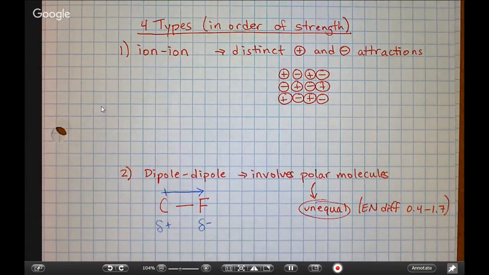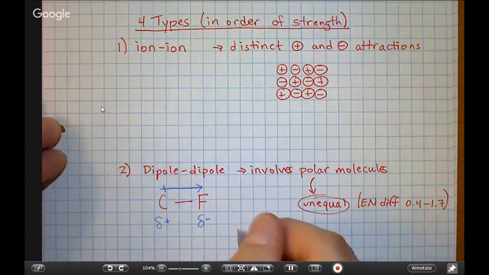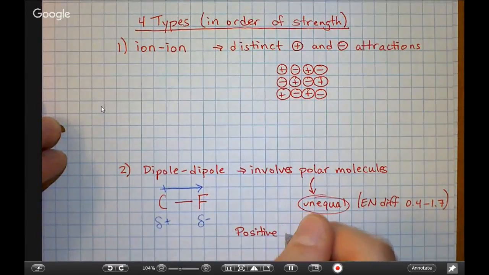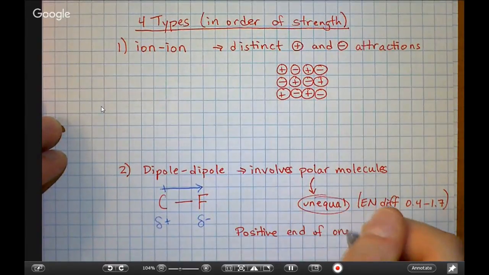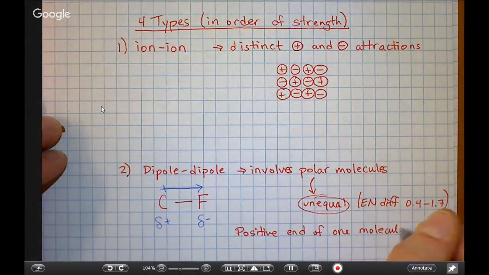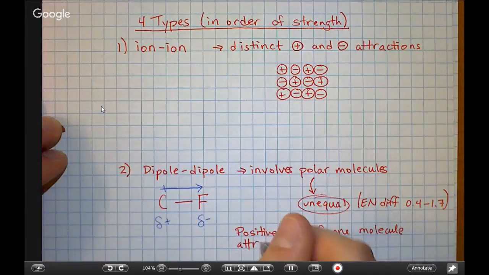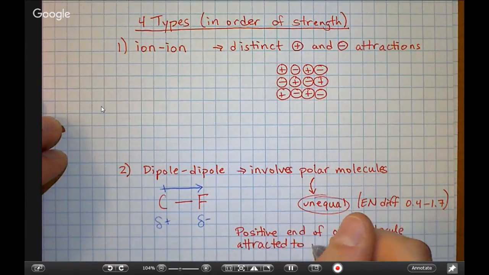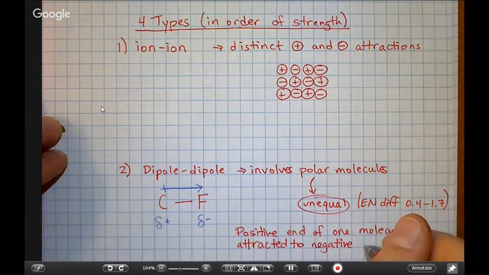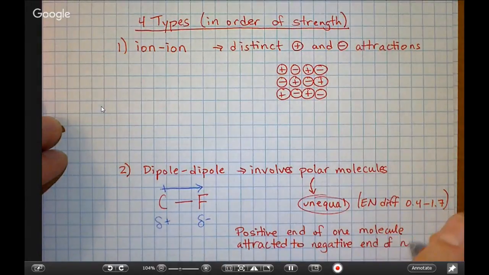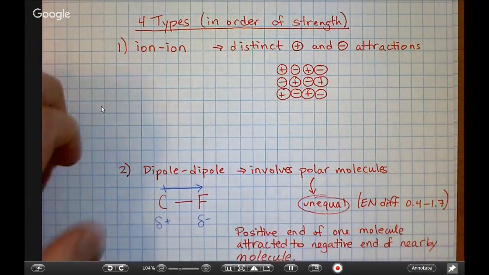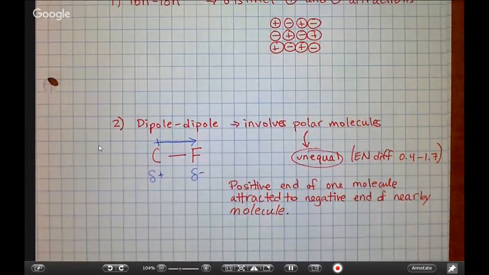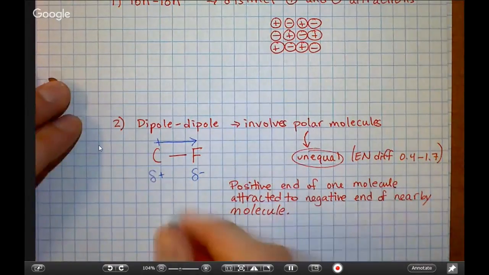So what it's indicating here for dipole-dipole is the following, that a positive end of one molecule is attracted to the negative end of a nearby molecule. So if you have something there where you have a positive and a negative end, then it finds a similar molecule with that positive and negative end. And we're going to see attractions like that, such as